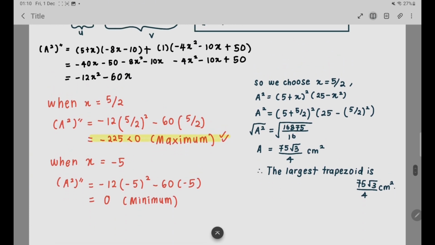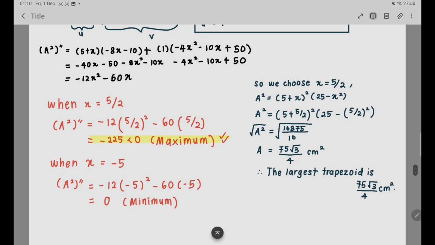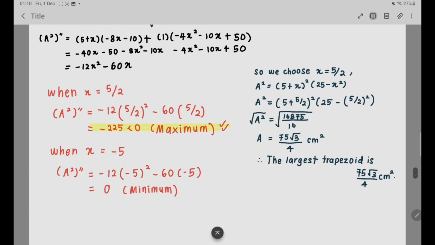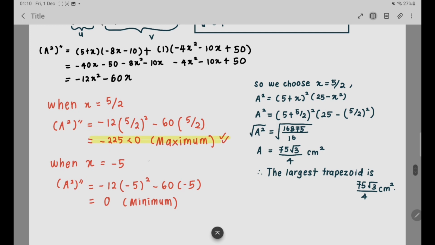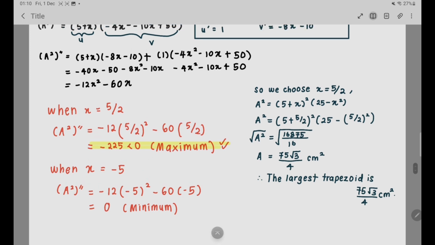Next, we insert the critical points into the second derivative equation. We will get negative 25, which is less than 0, and we got 0 for the other, which is the minimum. We want the maximum, so we take